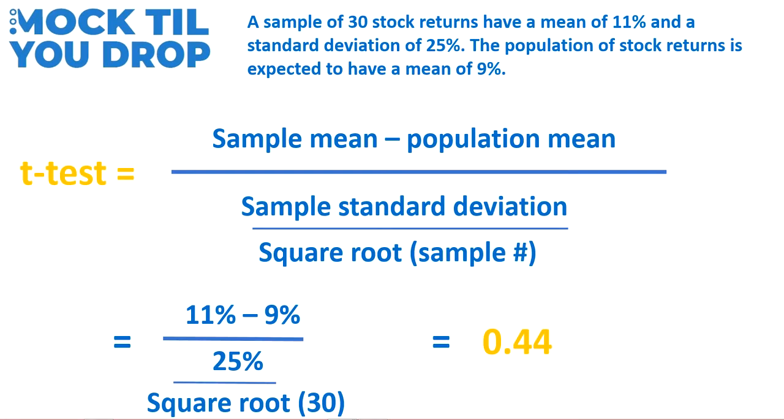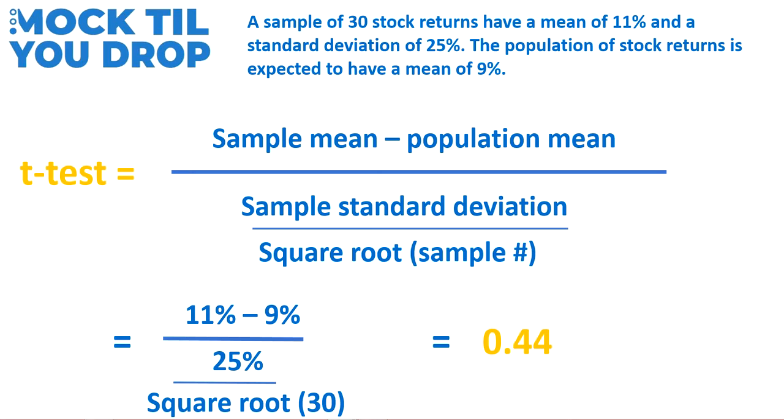So here's what our calculation for a t-test looks like. First, we subtract the population mean from the sample mean. Then we divide that by the sample standard deviation divided by the square root of the number of samples. Therefore, we have 11% minus 9%, and then we divide that by 25% divided by the square root of 30, and we get